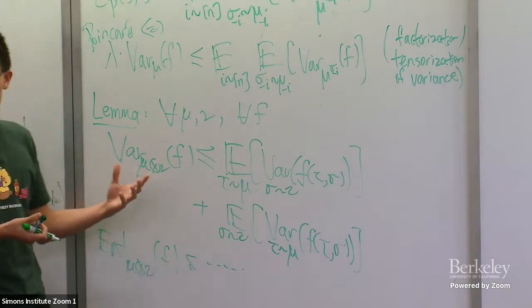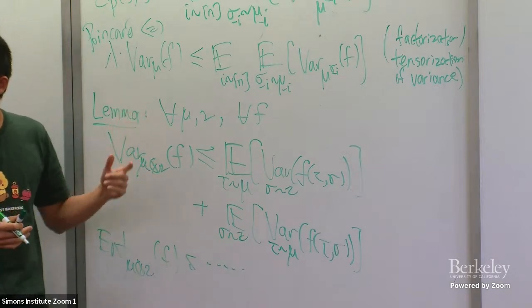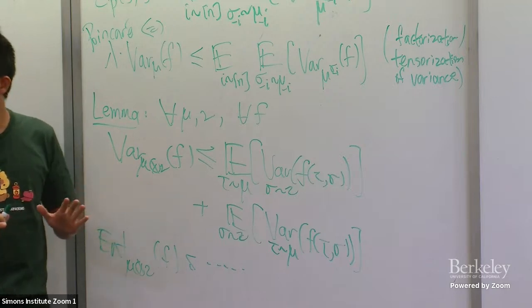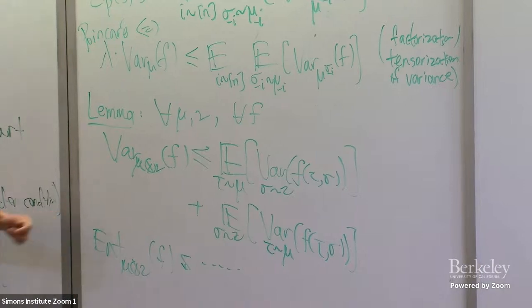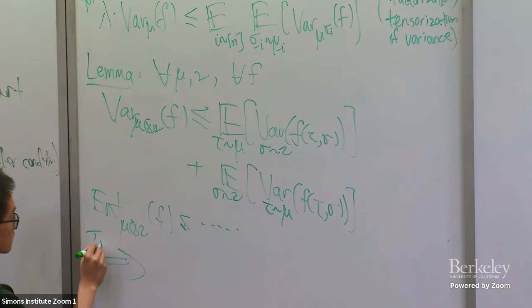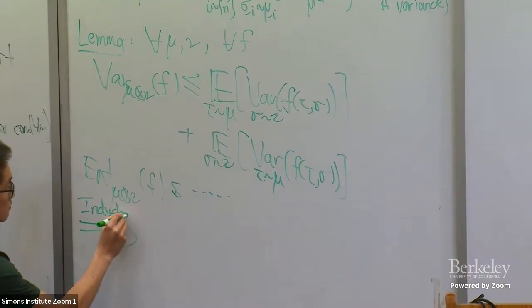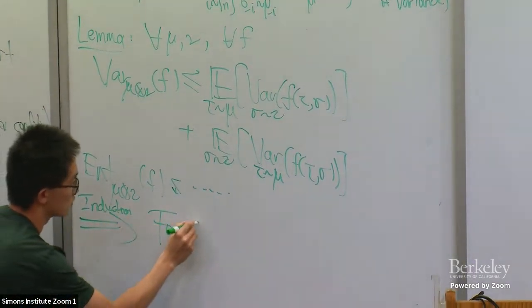Is this notation clear, and what this means? Okay, so this is a nice exercise in convexity. But basically, if you have this lemma, then you just inductively apply it. If you have a product measure, all the coordinates are independent, so I'm just going to peel off one coordinate at a time. And by induction, for product measures,